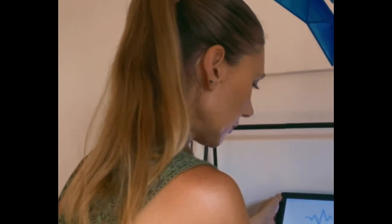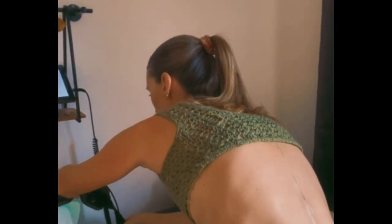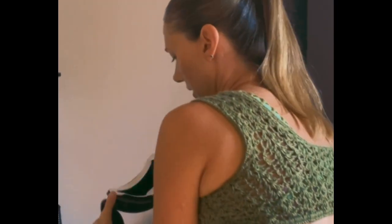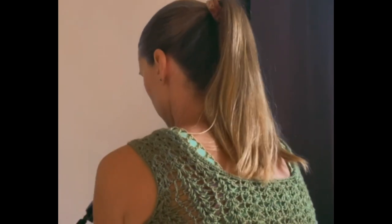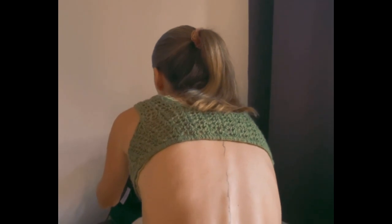Okay, so it has started. So I'm going to put the headphones on Conrad, if you can see. And the goggles. As you can see, they're on green. Make sure your eyes are closed, Conrad. And there we go. And here, if you can see the green light,